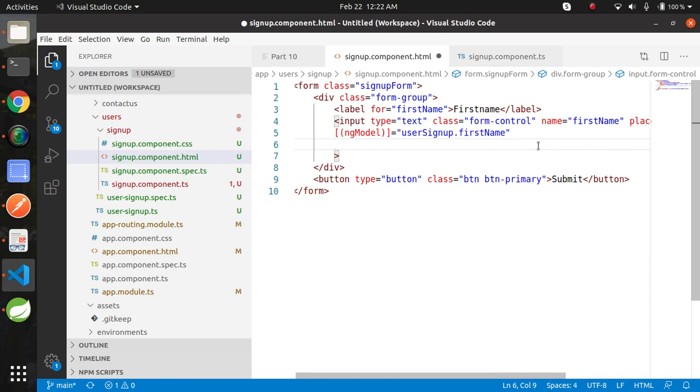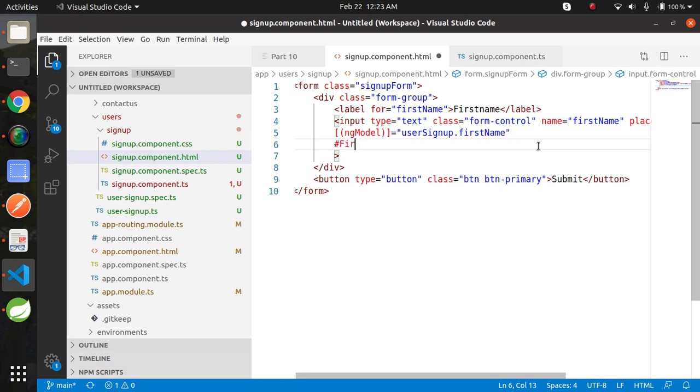To add built-in validation and validate the form, let's use template reference variable, and we will map that template reference variable with ngModel, and that variable indirectly will be mapped with value of the fields. Let's provide the template reference variable name.